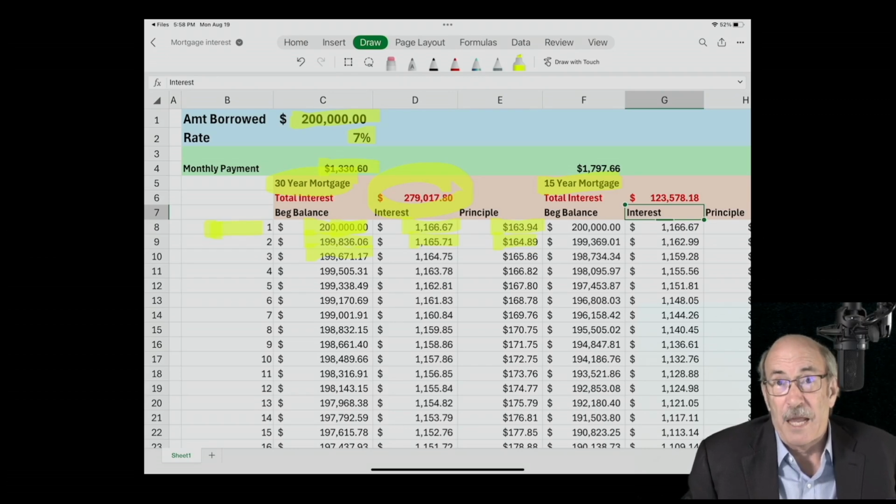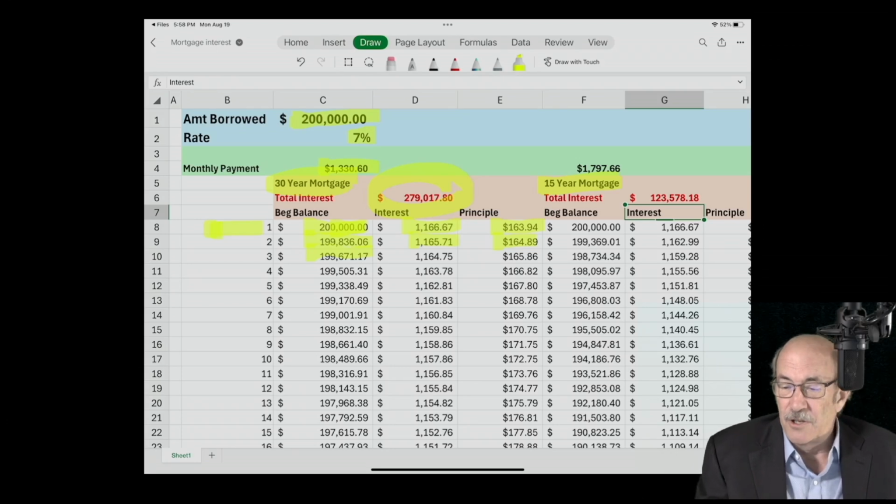So our total payments are $480,000 for something that we only borrowed less than half of that. Now, compare that to paying off the mortgage in 15 years. Now, I've calculated the new payment. And that new payment is